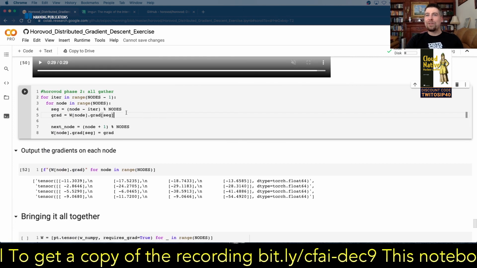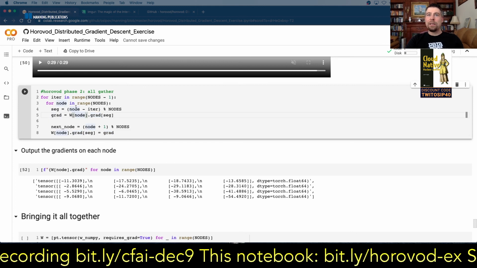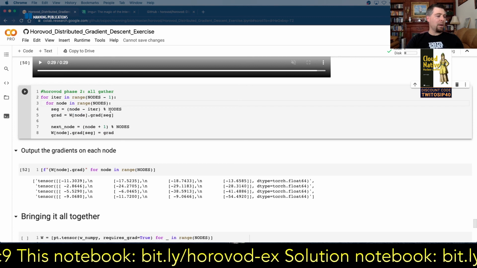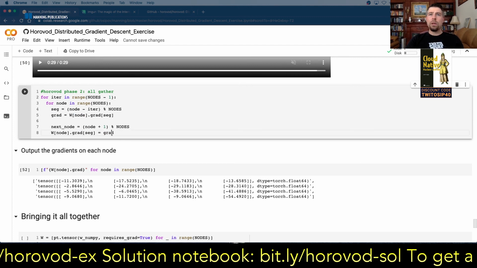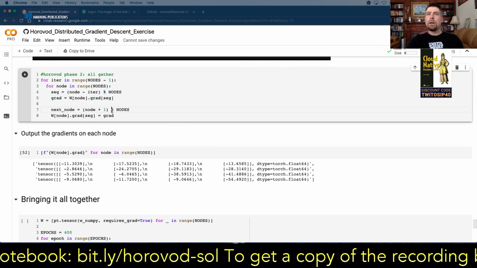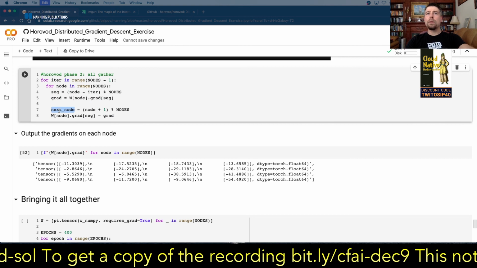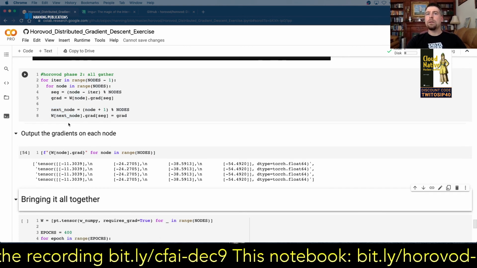So as soon as I fix this bug that I introduced here, so I did the node minus iterations. I've updated this, so node + 1 grads equals grad, and W node, next node. This is the bug right here. After I run this update, all the